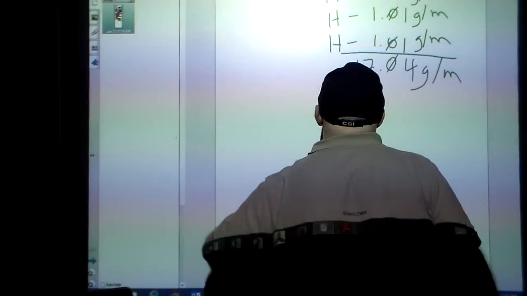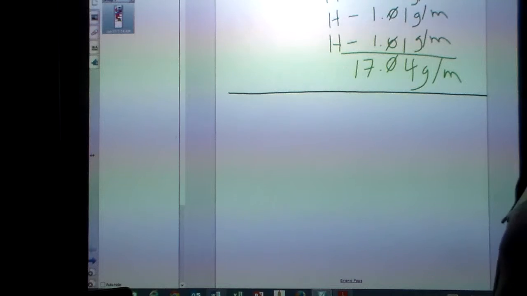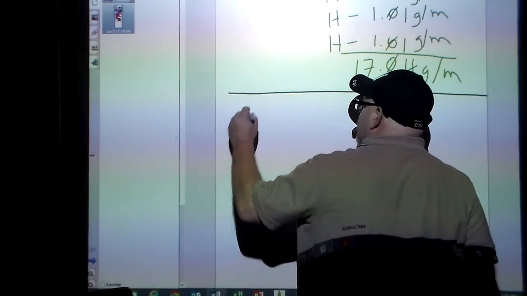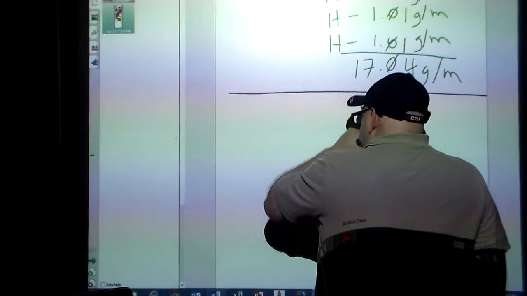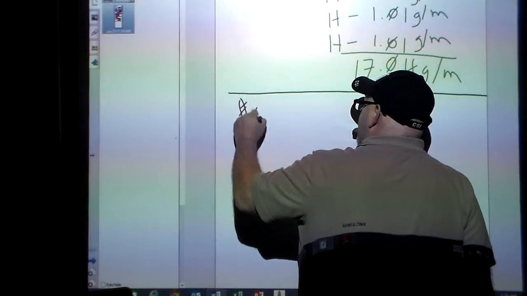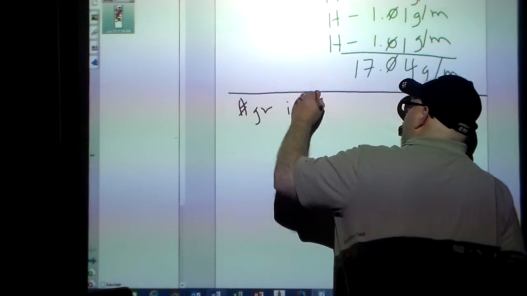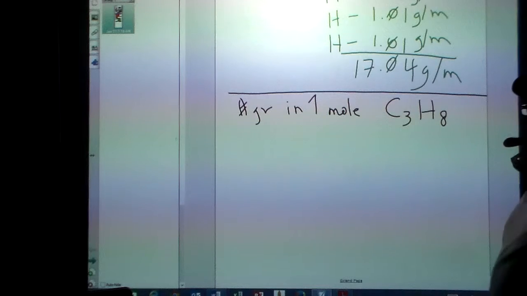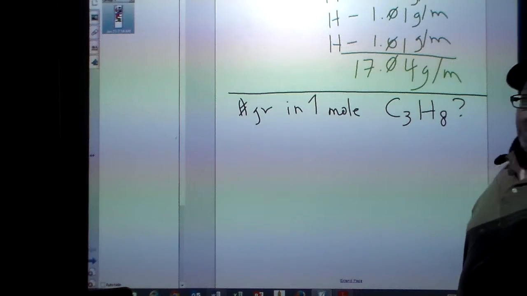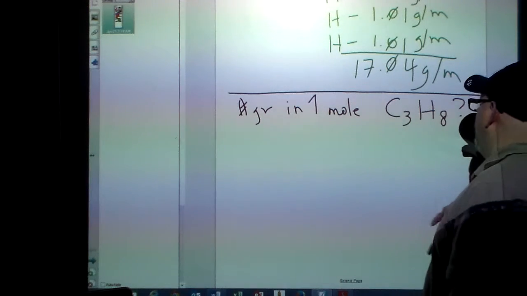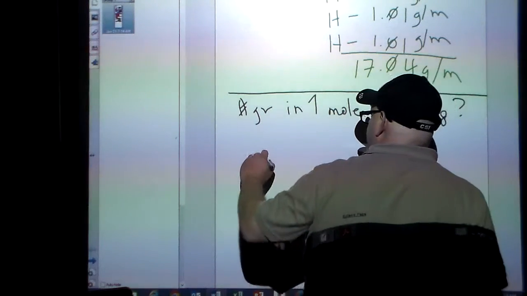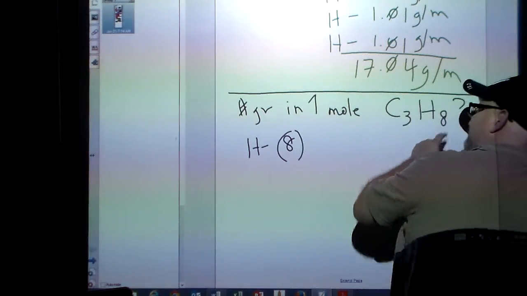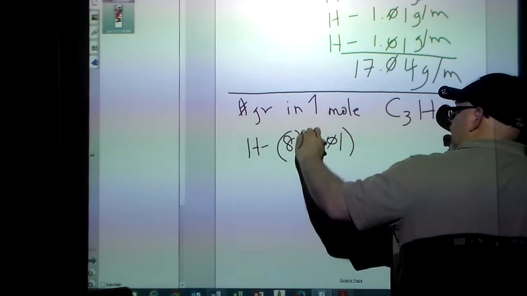All right, let's see. Let's go with something a little bit bigger. Why don't we go for something like the number of grams in 1 mole of C3H8. Okay? That's a nice juicy one. That's a nice hydrocarbon gas that we can burn. So, what do I know about it? Well, I can go ahead. I know I have hydrogens. There's 8 of them, so I can go 8, because that's how many hydrogens I have, times 1.01, and that'll equal